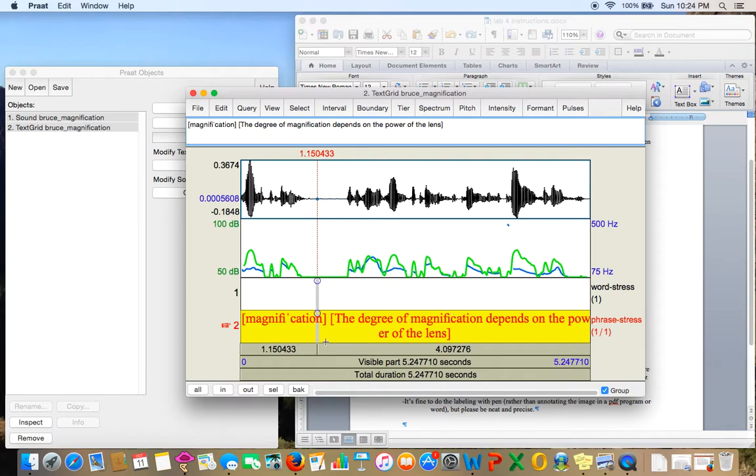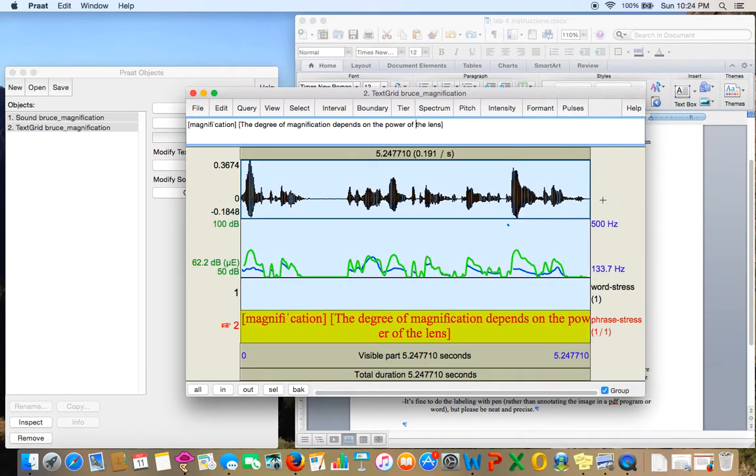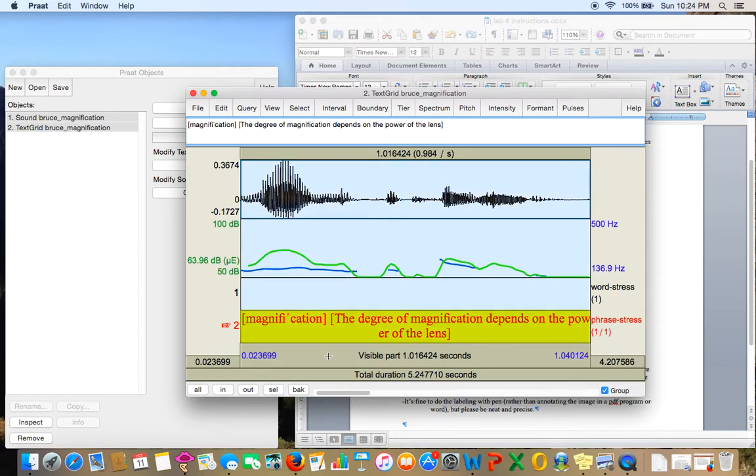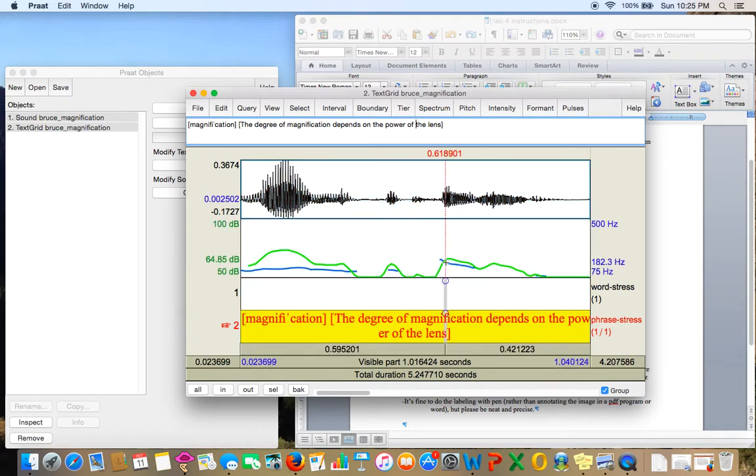Okay, so now that we have that, now I'm going to show you how to take those measurements. So let's do this and zoom to the selection. Magnification. Okay, so we're going to measure the pitch and intensity at,